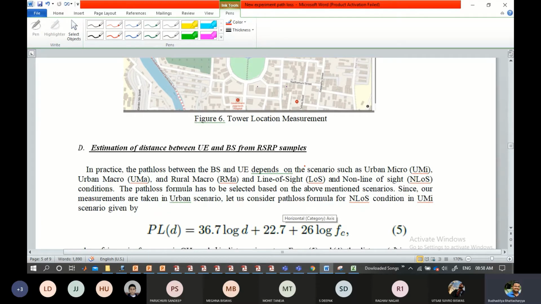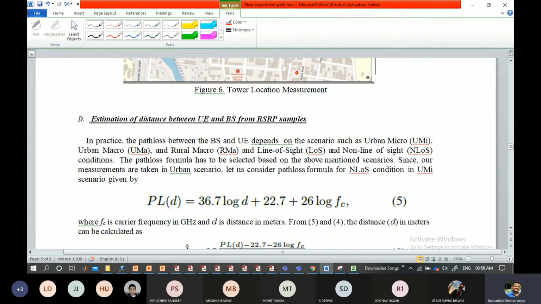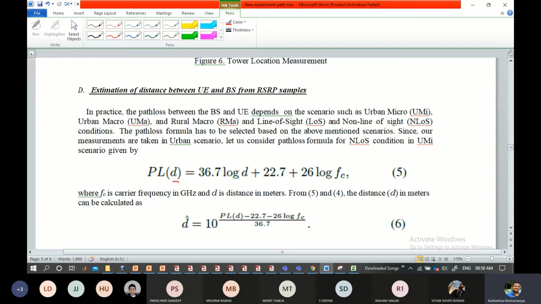Now coming to the other interesting part, like Mohit was indicating, the distance plays a very important role in measuring the power, or the path loss, to be honest, because as I said, the path loss is a factor of d, and d is the separation between the transmitter and the receiver. Right? How do I know where I am with respect to the base station? My transmitter is the nearest base station to which I am connected, and I am sitting somewhere in this location. So how do I know? Physically, if you go and make the measurement, that is the best possible way of doing it.